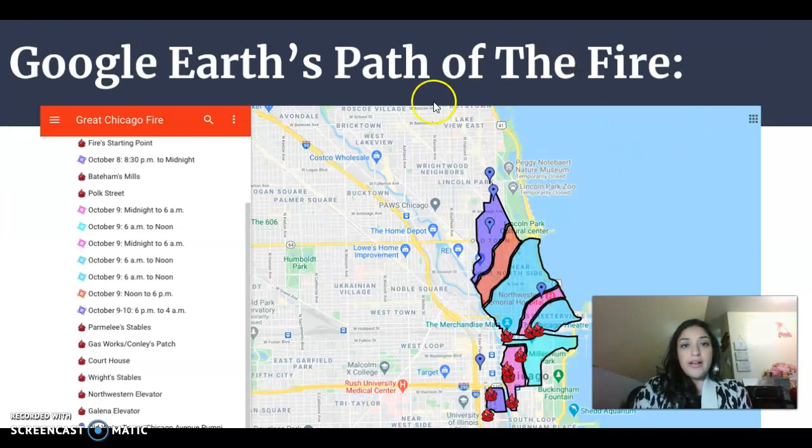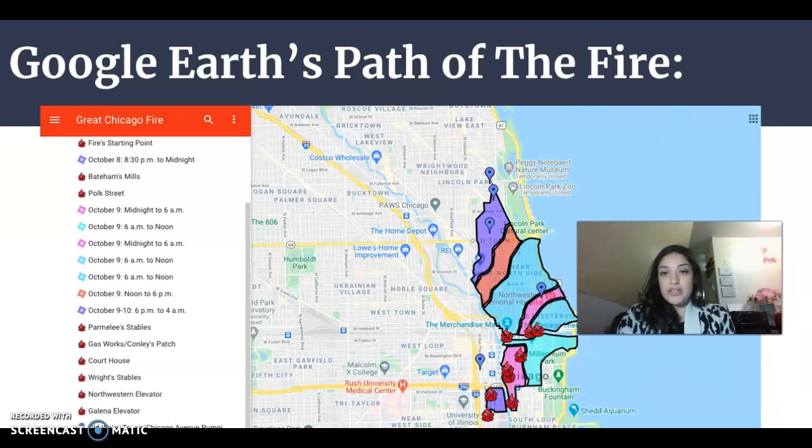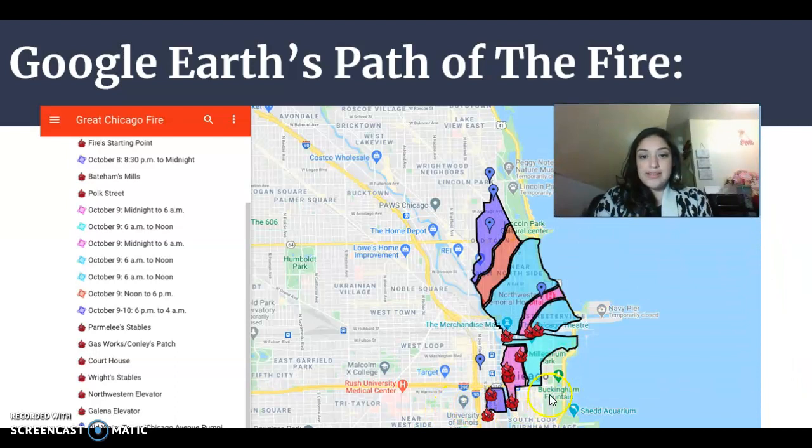Now over here, we have the Google Earth path of the fire, which we will be using in order to demonstrate to students where exactly the fire took place, what areas in the city. We will be showing the starting point and up to where it led. This will also give students a visual representation of specific areas that changed because of